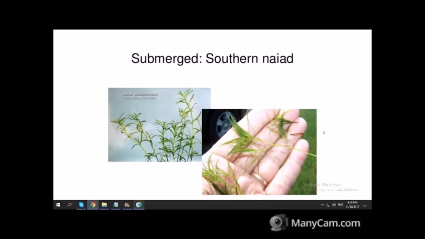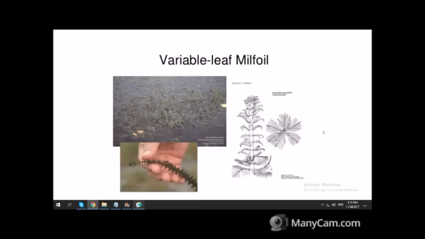Southern naiad is a US-based species and also could be a problem in some places. Variable leaf milfoil is present in a lot of North American water bodies. Notice here's an example of floating the leaves that are